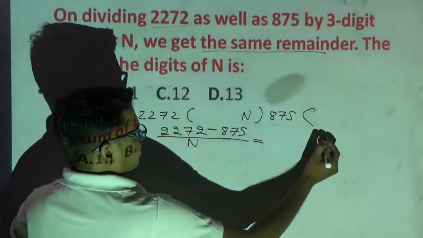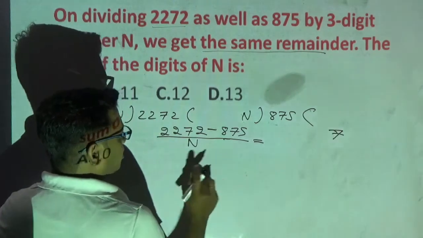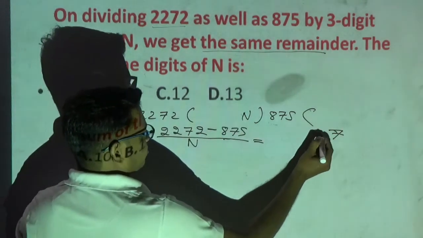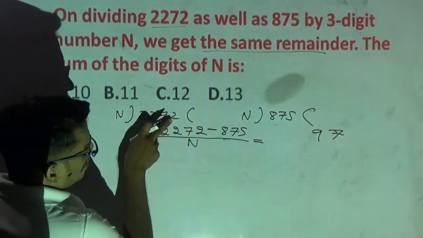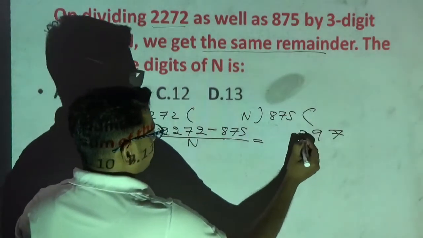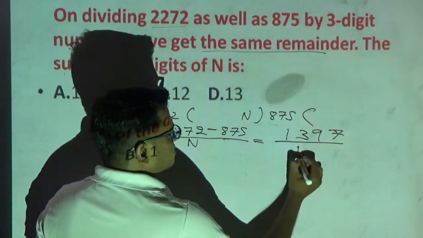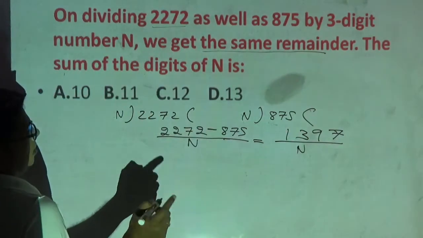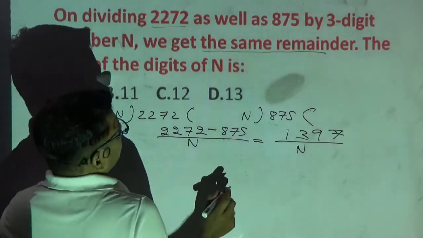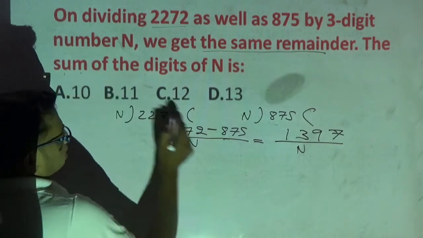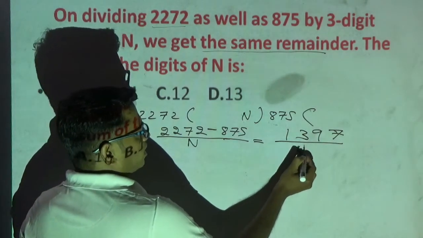Okay, now please see here. 12 minus 5 is 7. Now here 6 will be there. 16 minus 7 is 9. Here 11 will be there, that will be 3. Here 1. So 1397 should be completely divisible by 9. But what they are telling is, I need to find out what is your n now.